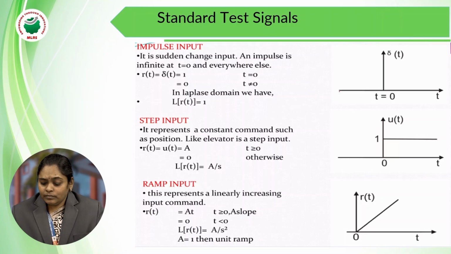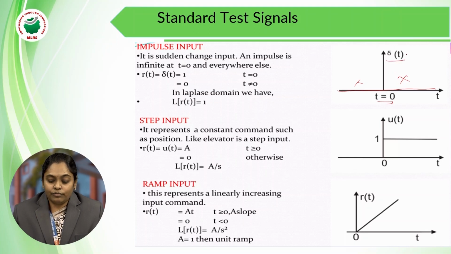This is a graphical representation of an impulse signal where the signal is present only at t equal to 0, and for t greater than 0 and t less than 0 there won't be any signal. And the notation for the impulse signal is delta of t,